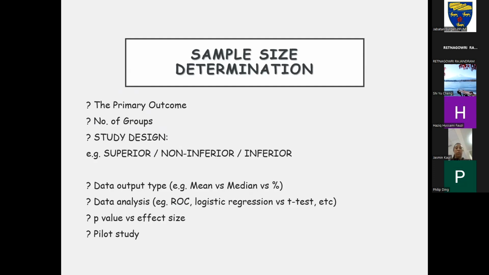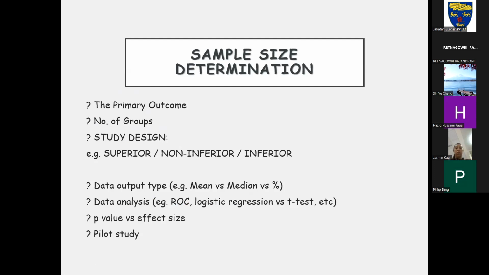And so this is what I was discussing with each of y'all. The 2 people, I was asking what the primary outcome was. Primary outcome is your primary objective. What is the main measure you're trying to compare? And how many groups you have, whether you have 1 group or 2 groups. I think we were having the discussion earlier as well. And your design, whether it's retrospective, prospective, observational, all of those things. And whether you're trying to prove something to be better or not. The first example where I was having the discussion was that they are trying to prove that, compared to the conventional method, the new modified method is superior, okay?